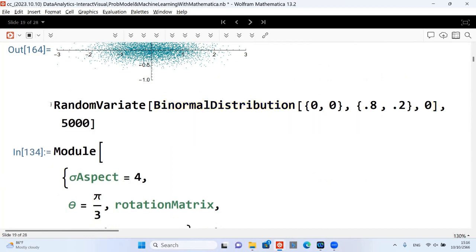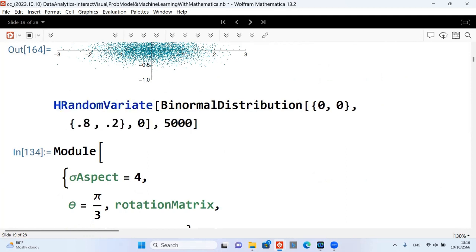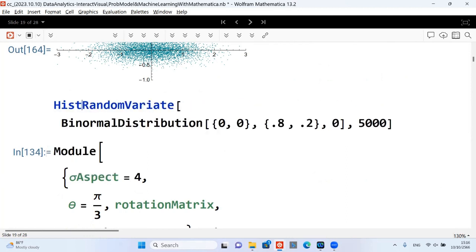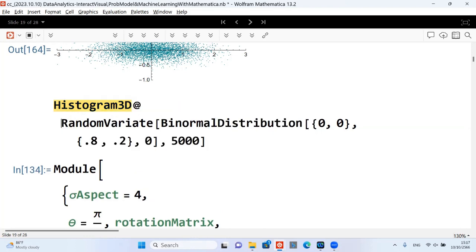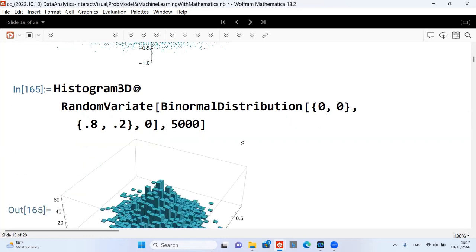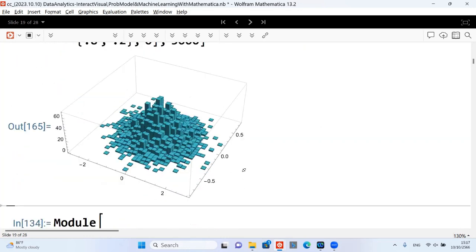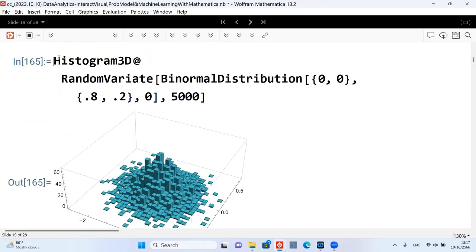And what do I do with it? I make a 3D histogram of this guy. Histogram 3D of this guy. There. See? Or if I make a smooth histogram,